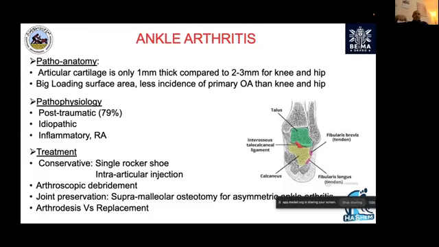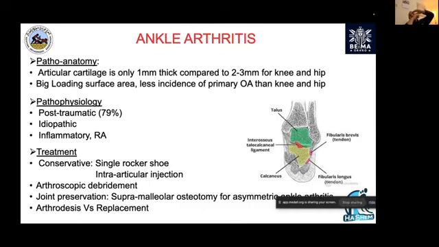And because the medial femoral condyle is going more distal, there is more loading in the medial side than the lateral side. This explains why medial arthritis in the knee is more common than lateral compartment arthritis in the knee. So in the hip,